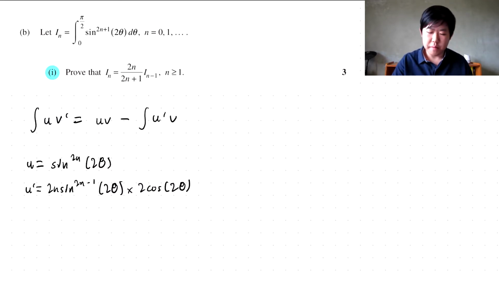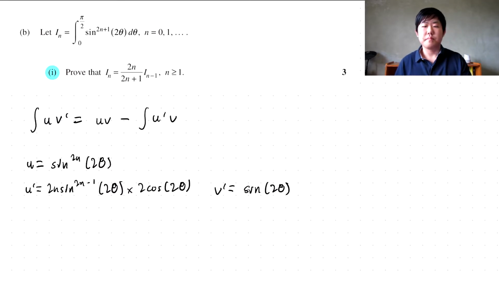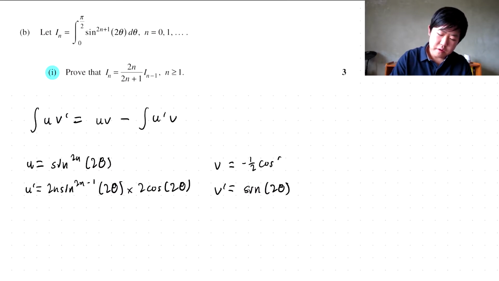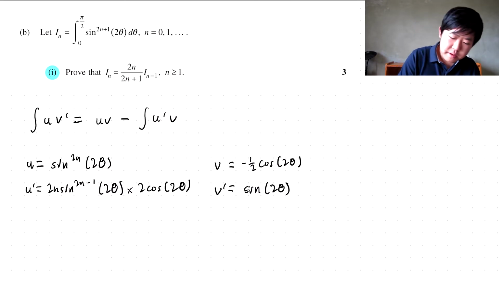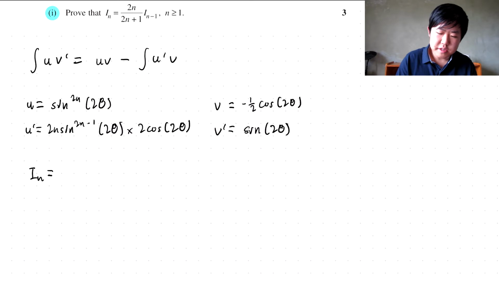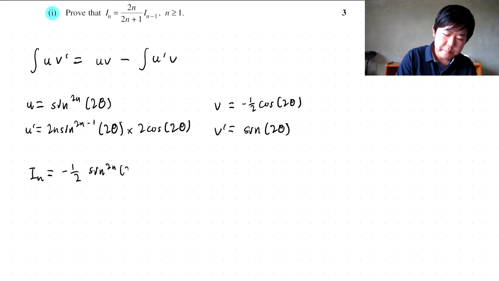And now we need to find v, the v dash. So v dash here is sin 2θ. And now we need to find v, so we integrate this, so that'll be minus half cos 2θ. Now we just have to solve it. So I_n equals, let's multiply u and v together. I'll put the minus half at the front, minus half sin^(2n)(2θ) cos 2θ, and then let's put the brackets around here,